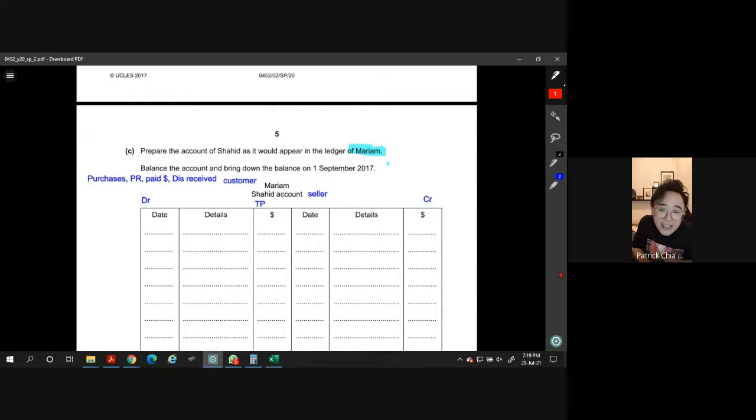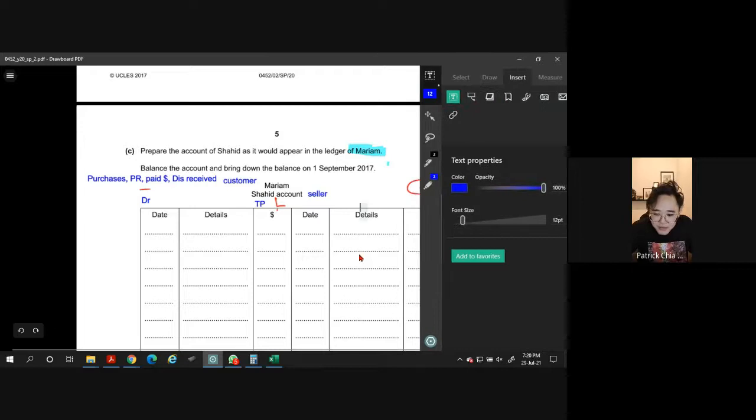So TP, Shahid is the trade payable. Trade payable is what element? Trade payable is a liability, remember? If it's a liability, the DR is minus and the CR is plus, correct? So you can also tell yourself the balance BD normally follows the plus sign, most of the time. But there are also balance BD following the minus sign. That's why I prefer to know the left and right. In this case, the 520 you have to put under the CR side.